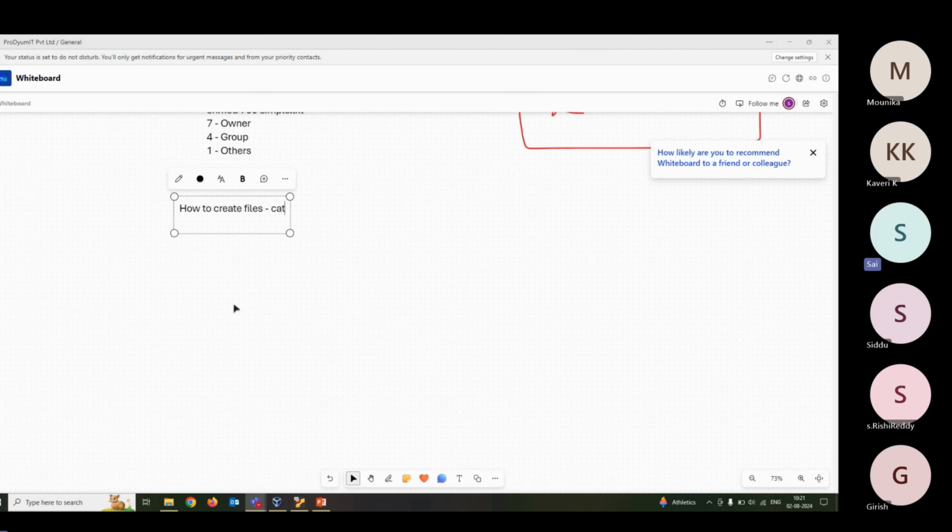So we learned cat and touch. Okay. And remove, copy, then cp, rm, rmdir, and move and chmod using numbers